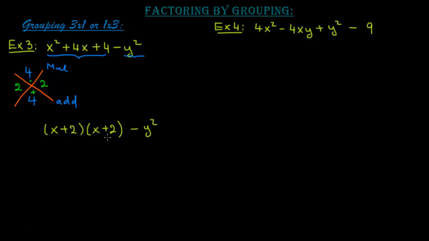X plus 2 times x plus 2, twice, will be rewritten as x plus 2 squared minus y squared. So we have x plus 2 squared minus y squared. This reminds me of the difference of squares. You have square minus square. So the formula of the difference of squares is a squared minus b squared will give me a plus b times a minus b, which means this problem will be rewritten as